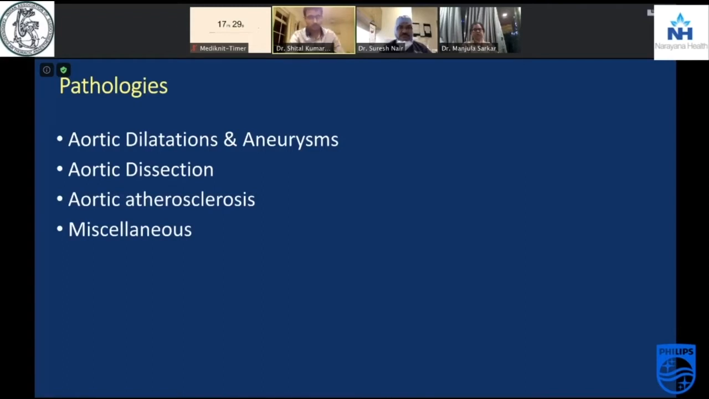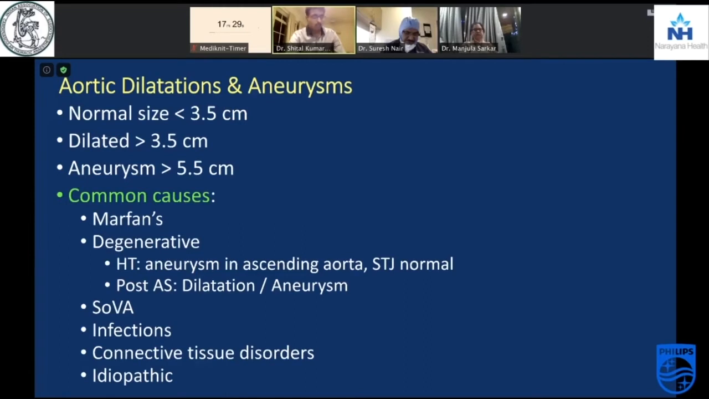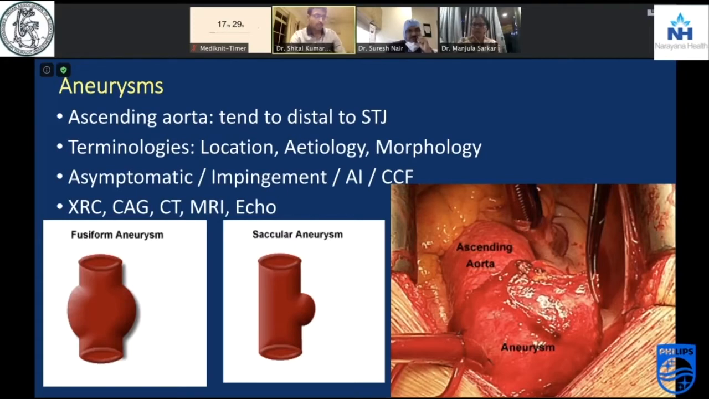Most of my talk will be very practical, based on what we are seeing and the images captured in the intraoperative settings. I will skip through a lot of the theoretical part. We know the normal size is less than 3.5, dilated when more than 3.5, and aneurysmal when more than 5.5. And a variety of lists is available in all the books looking at etiopathogenesis. So ascending aorta, we start